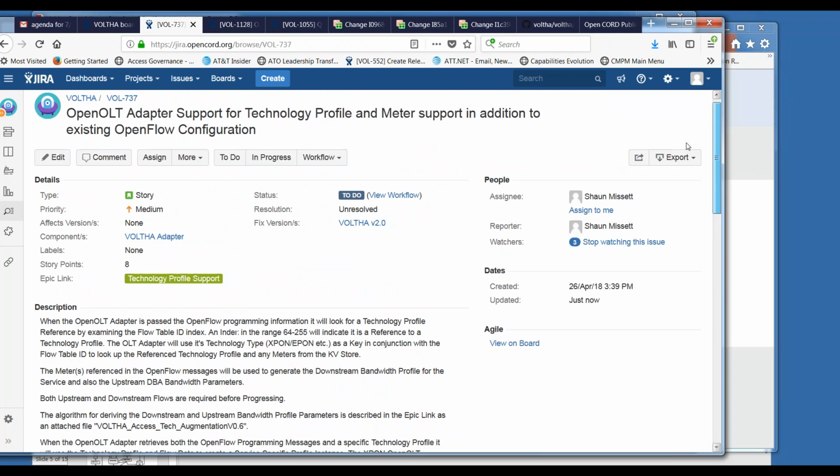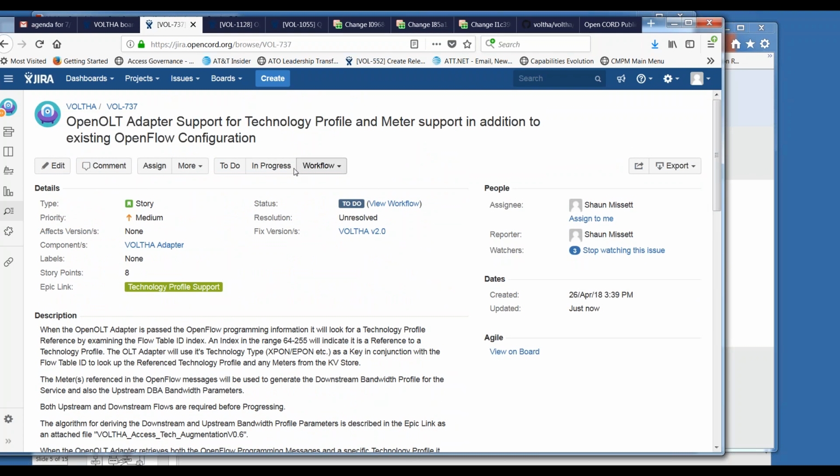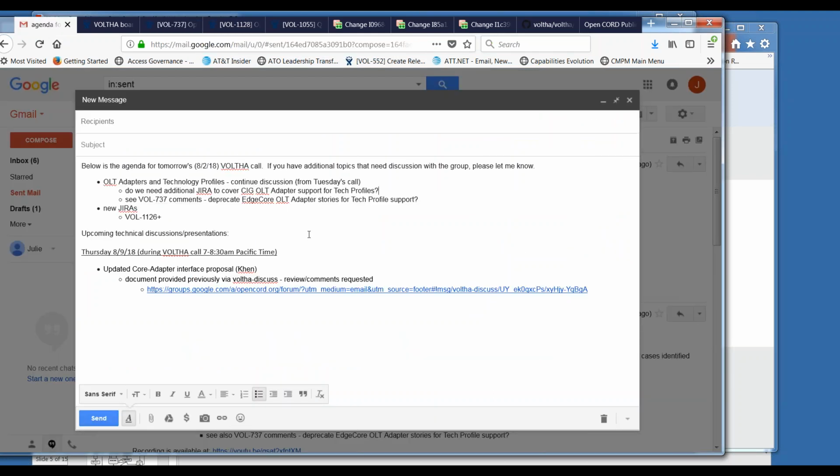The other issue is the EdgeCore OLT adapter stories. Do we want to deprecate and close those out, because everything is going towards the Open OLT adapter at this point?